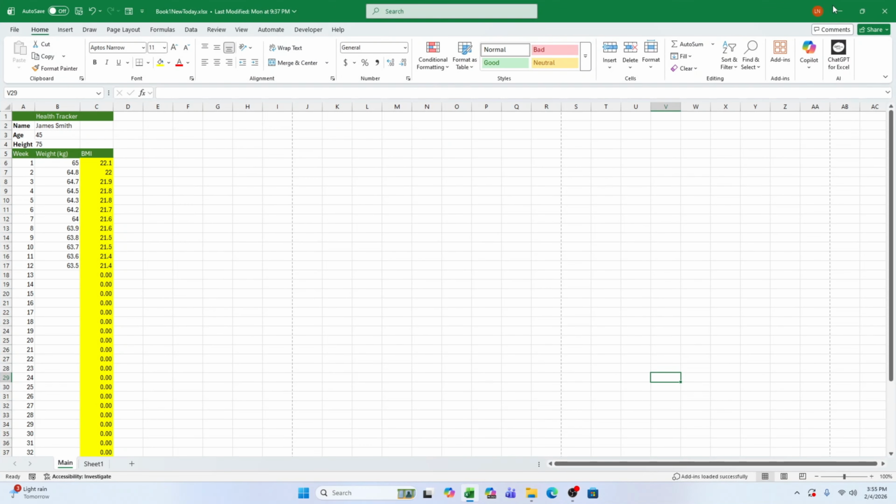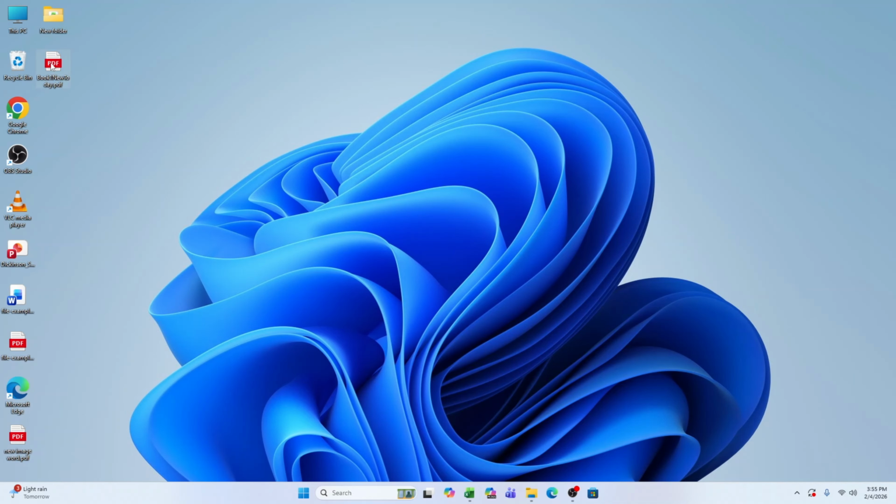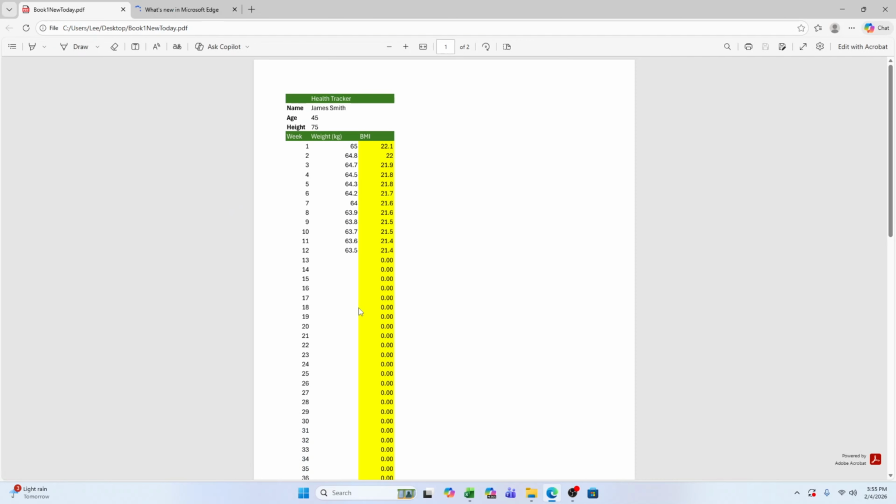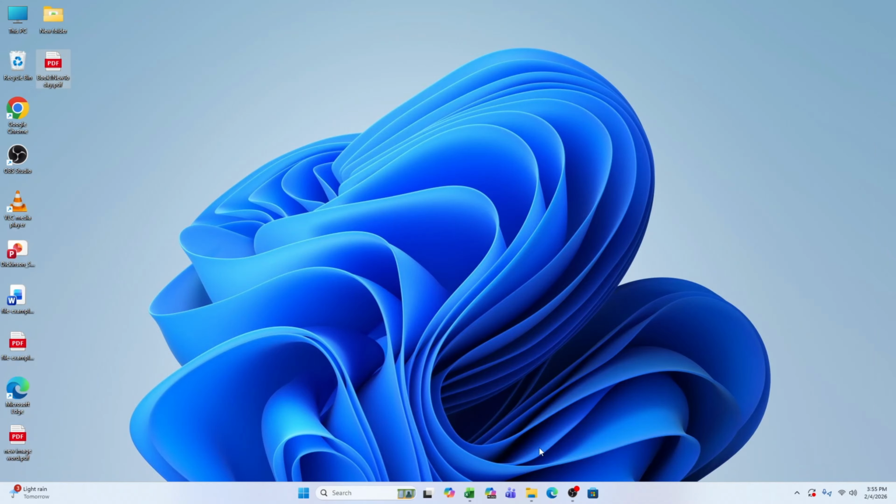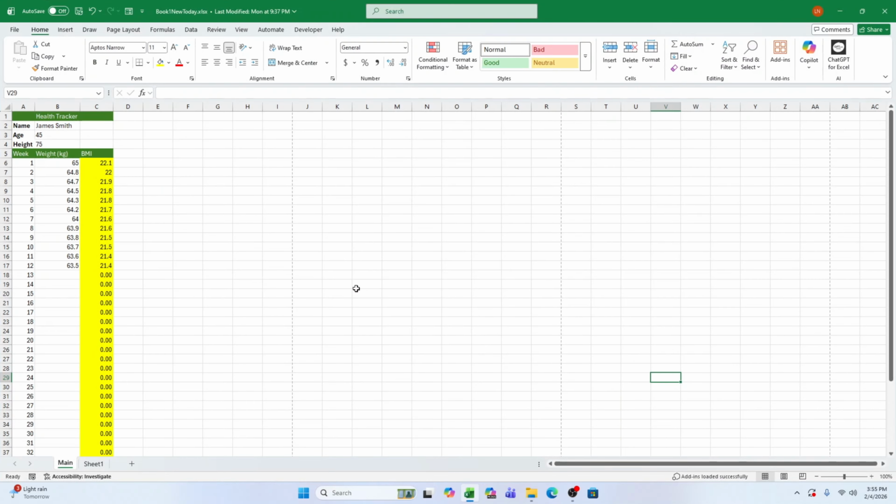Small issue. Notice that Excel exported everything, including extra rows Jason doesn't need to see. Let me show you a better option. First, I'll select only the rows and columns that I want Jason to see. With that range selected, I'll go back to File, then Export, then create